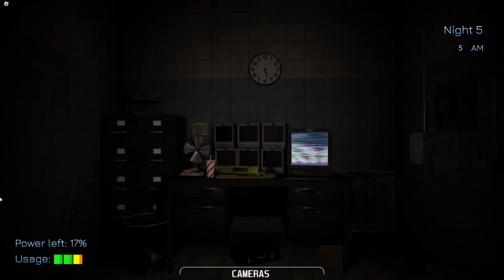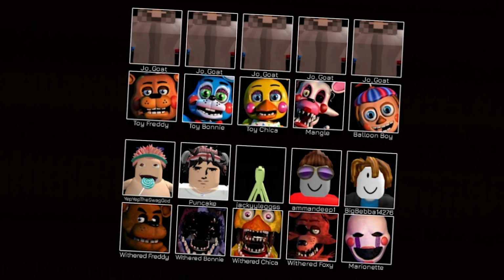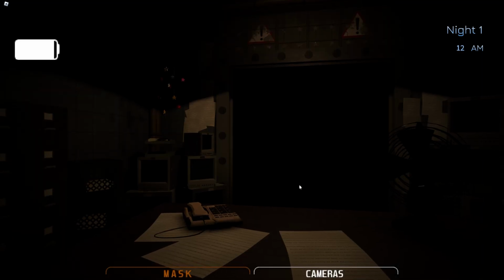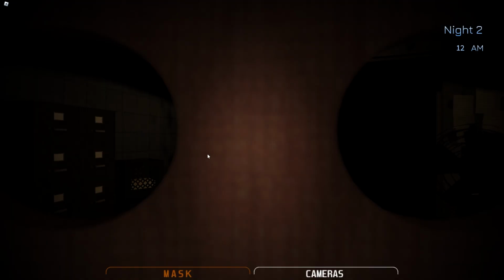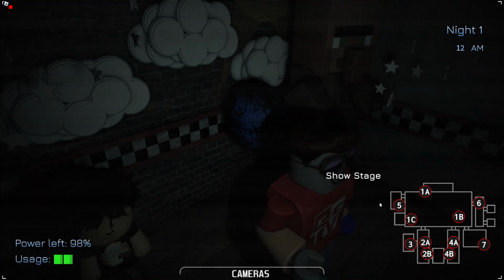So eventually we would get through FNAF 1 and move on to FNAF 2, which is pretty much the exact same thing. Again, we have a bunch of animatronics, and in this case we chose to have 3 Minecraft villagers because 3 is better than 1, but now we had to really pay attention because this game was pretty easy, like the first one. So